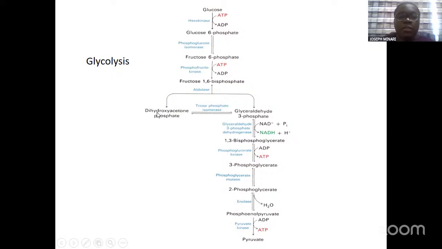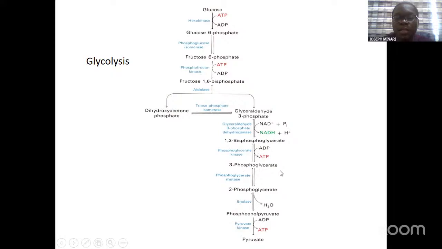The first fate is that it could go to dihydroxyacetone phosphate, or it could also go to glyceraldehyde 3-phosphate, and dihydroxyacetone phosphate and glyceraldehyde 3-phosphate have the possibility of interconversion in the presence of this enzyme, triose phosphate isomerase. So glyceraldehyde 3-phosphate continues the journey and it moves to 1,3-bisphosphoglycerate,